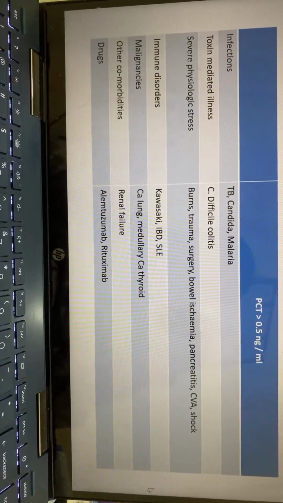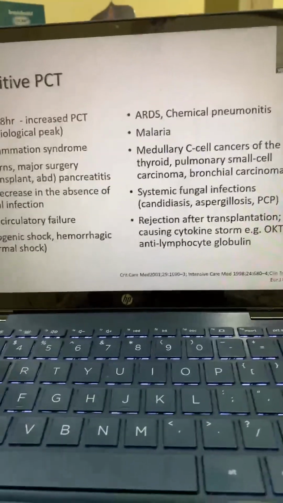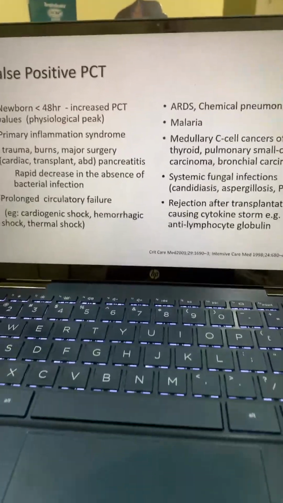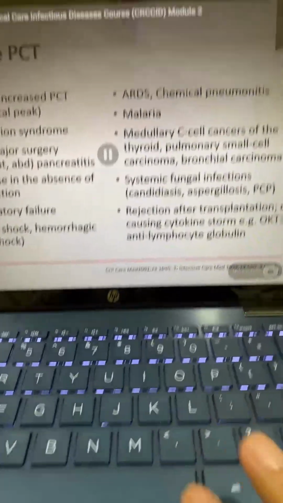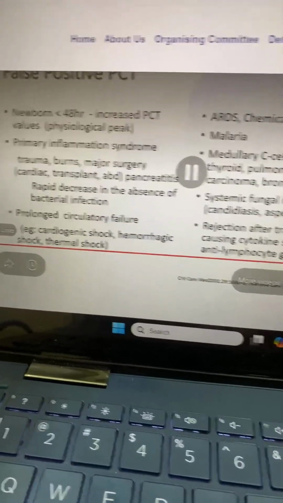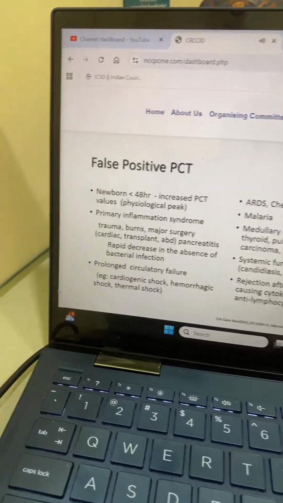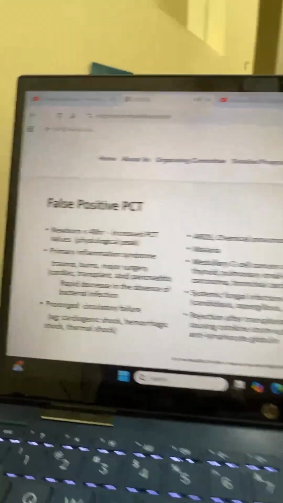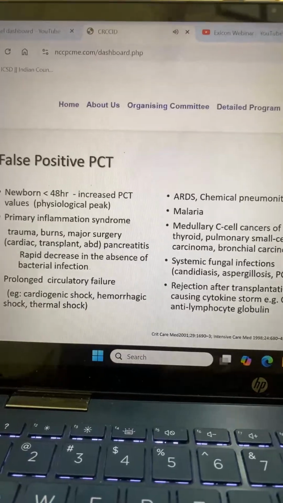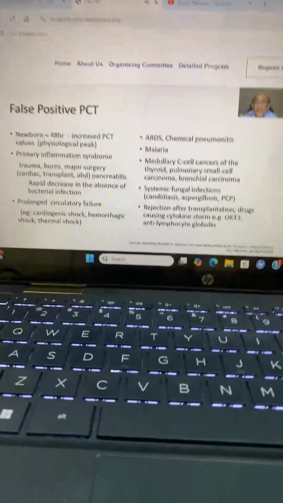So in general, PCT should not be used to decide whether the patient should be initiated on antibiotics. There are several false positive causes for PCT: newborns less than 48 hours, primary inflammation syndrome, non-infective causes of tissue necrosis, burns, trauma, surgery, pancreatitis can all be associated with PCT, prolonged circulatory failure, malaria. It has been shown that certain